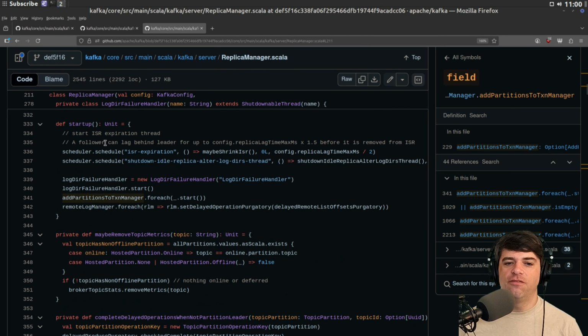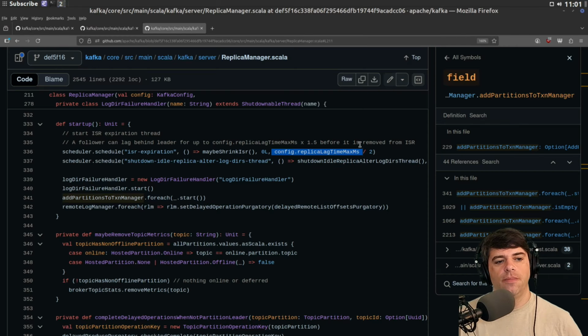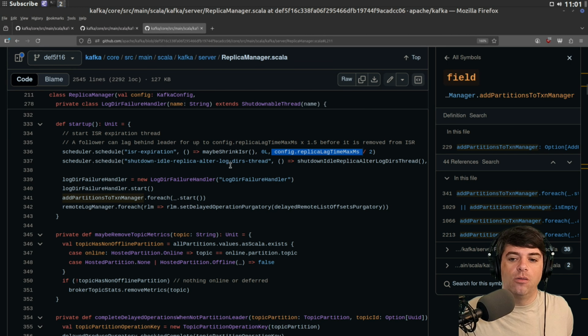Here's startup of the replica manager. We're going to call scheduler.schedule ISR expiration. And then pass in some functions, which might be callbacks, might be like startup functions, including maybe shrink ISR or replica lag time maxims. I'm just now thinking it isn't append-only log, except it's maybe being compactified or compressed. And that might be what the high watermark thing was about.